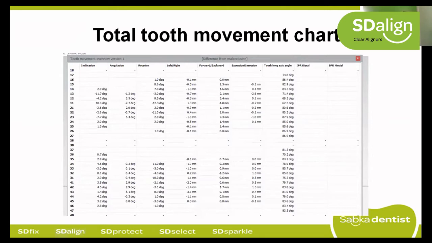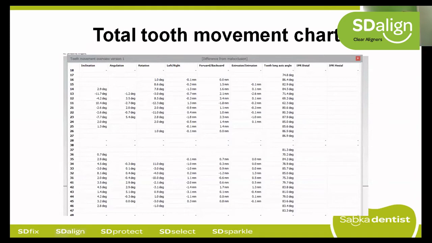So looking at this data, what do we see? 1-3 is where the tooth movement has happened. We can see the inclination is corrected by 11 degrees, rotation is only 3 degrees, the extrusion is up to 2 mm, 2.1 mm, and other teeth are in that vicinity. Even 1-2 we have moved quite a lot. So all these things come into play while we decide the number of aligners and staging of the aligners for tooth movement. The important data here is also the vertical correction.